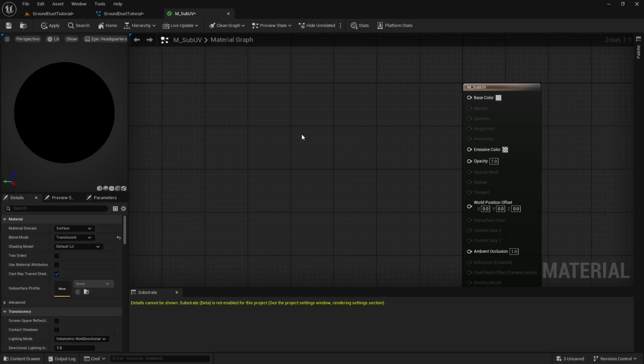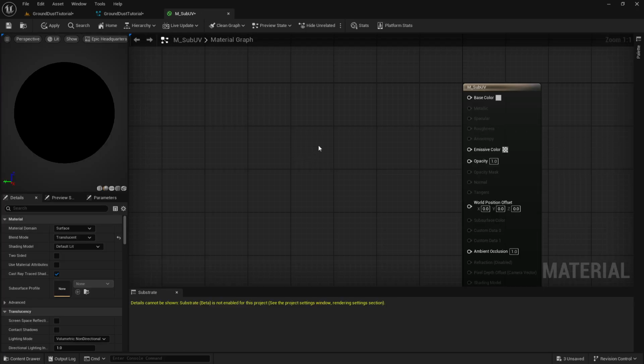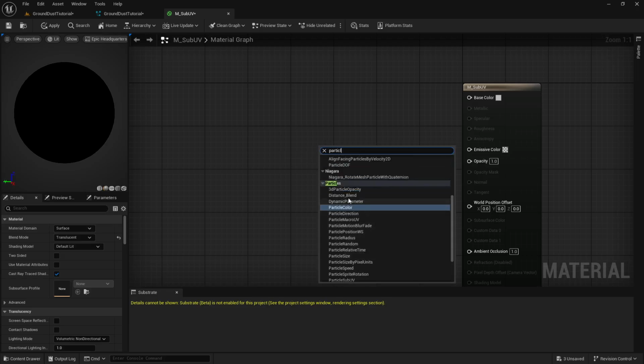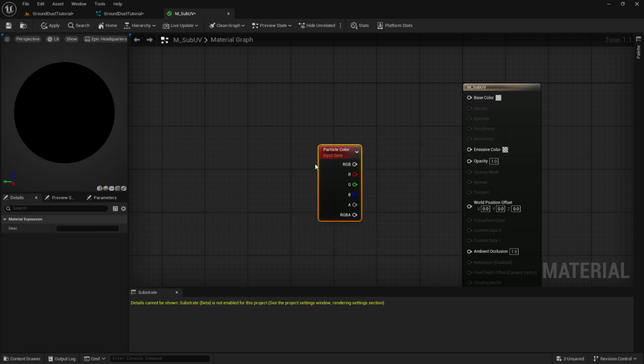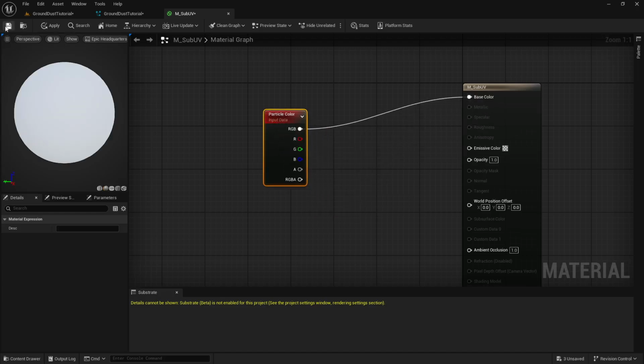Now I want to adjust the particle color as well here, and I want to basically add a sub UV animation of the smoke texture here as well. And I want them to affect directly my Niagara particles which are here. So in order to do this, if you right click and type particle here, as you see, all these particle parameter nodes are going to affect directly your Niagara FX system. So I want a particle color, and I'm going to connect it to my base color here. Let's just save it.